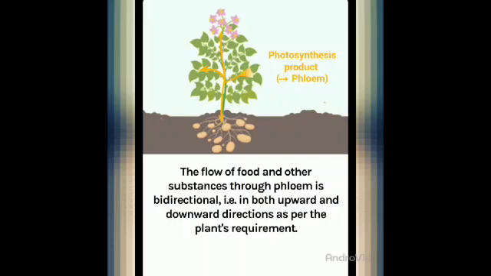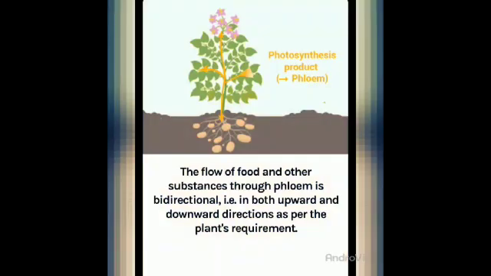Why I am saying unidirectional and bidirectional: unidirectional means in only one direction. You can see the transpirational pull is applied at the top of the leaf, if you remember, in the transport of water through the xylem, and at the bottom the root hairs are in direct contact with the intermolecular spaces of the soil, right? This was going upwards, right? So that was another very important point. But here